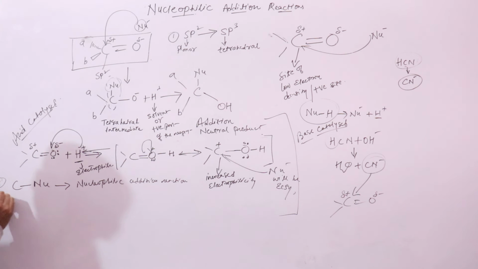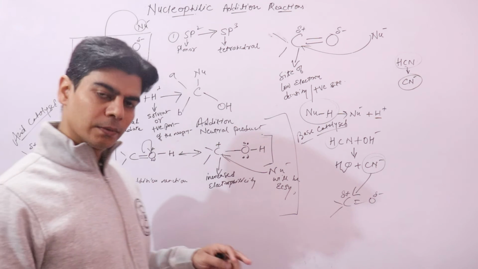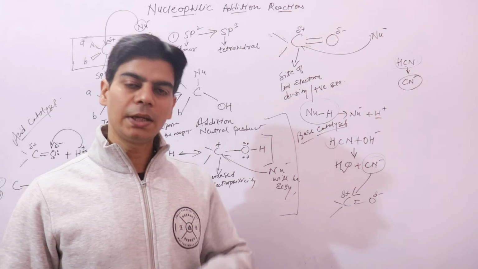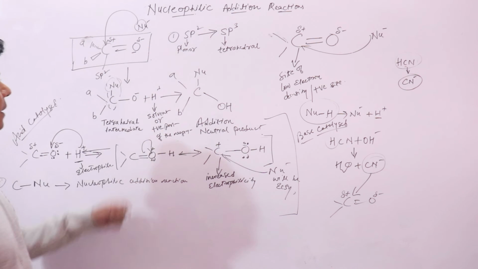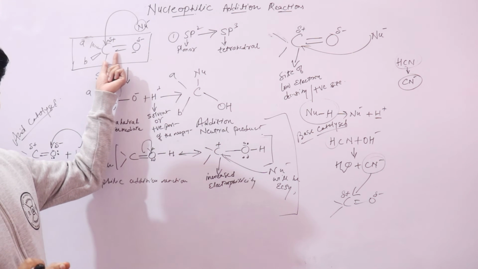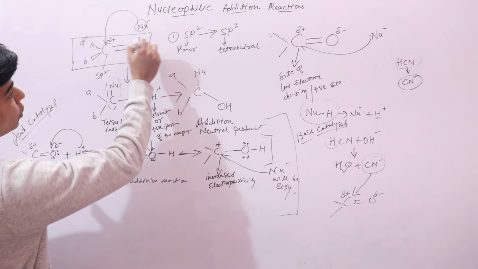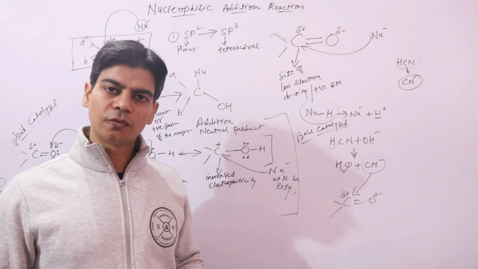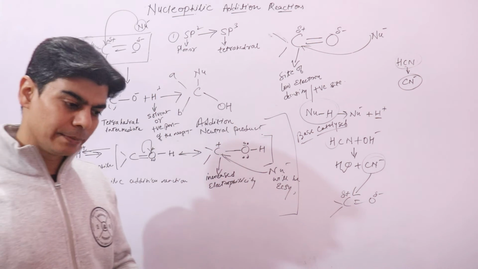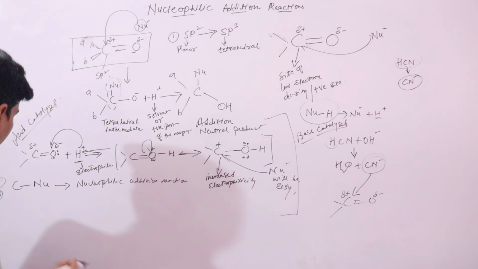And the other reason is we have a highly electronegative oxygen atom, right, in the carbonyl group, that will accommodate the negative charge, right? It will accommodate the negative charge and will make the nucleophile attack easier on the carbonyl carbon, right? So that's why we call it this is basically assisting in nucleophilic. This is basically assisting the attack of nucleophile on the carbonyl carbon, right? By accommodating the negative charge of the double bond, right?